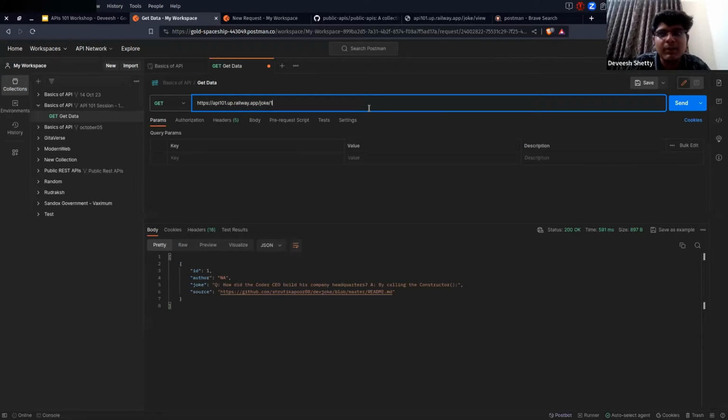Also, a good note I can tell: APIs are not something which happens randomly. There are developers who build APIs. So if you like JavaScript or TypeScript, you can use Express.js to build your own APIs. If you are from a Python background, you can use Flask, FastAPI, or Django. Many options are there to build APIs. That's another intermediate topic. For now, we are just seeing how to use APIs. That's just how you can build your own APIs.